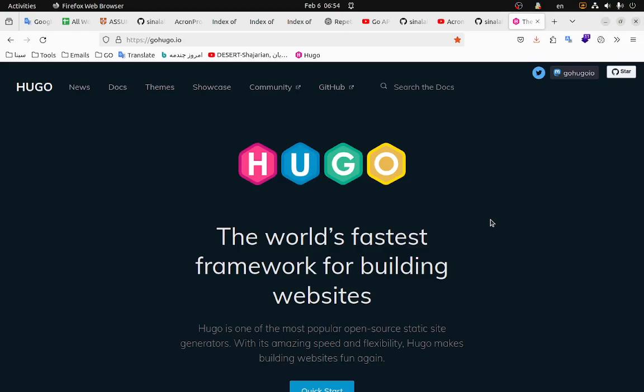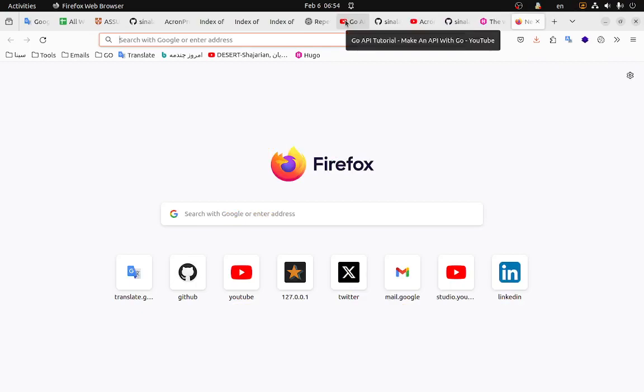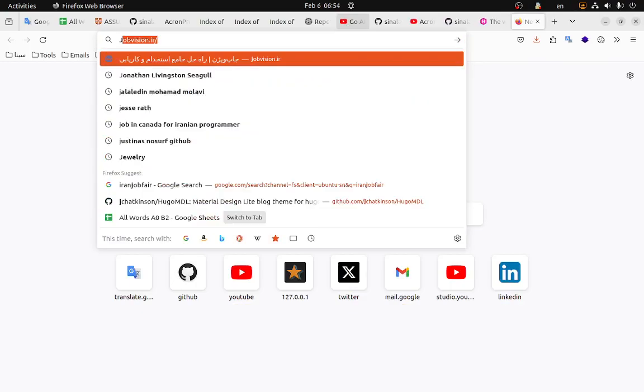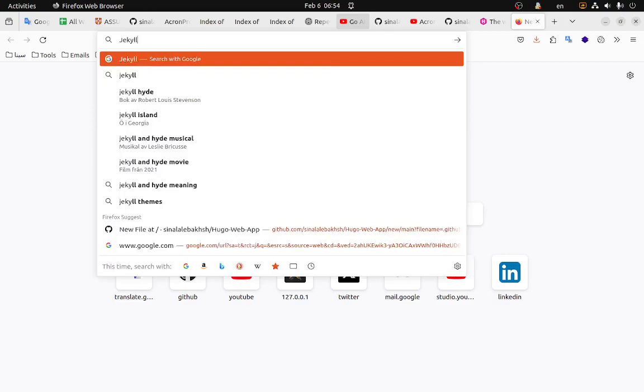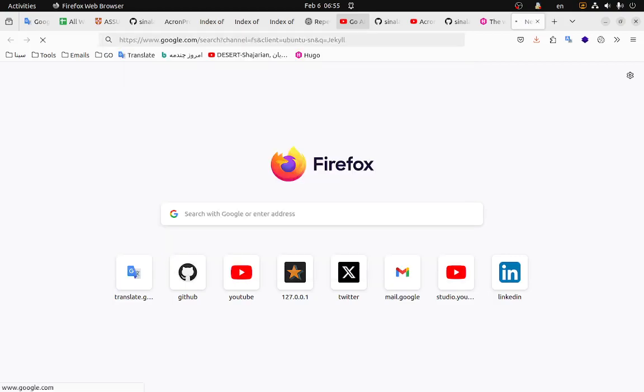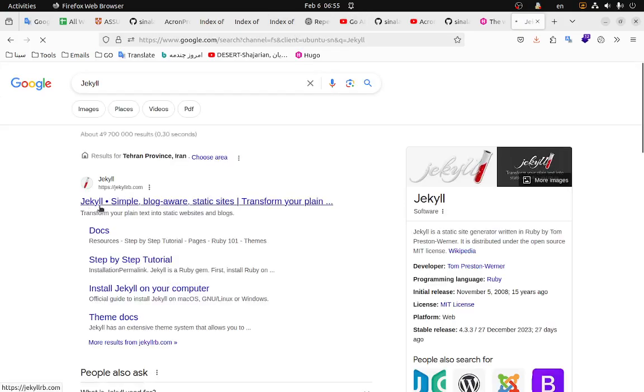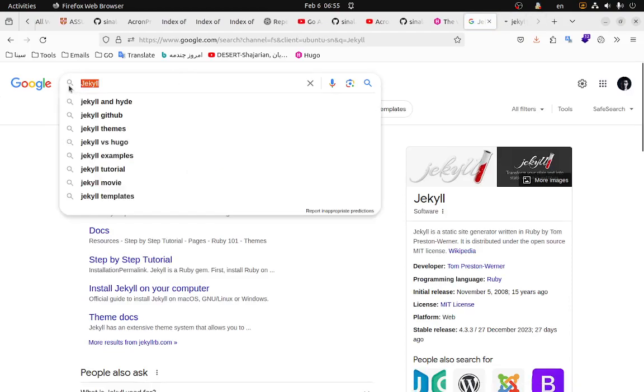There are other static website generators available like Jekyll, I don't know how it's pronounced. Here we go. What exactly is Jekyll? Just a simple blog about static site generation. Okay, and